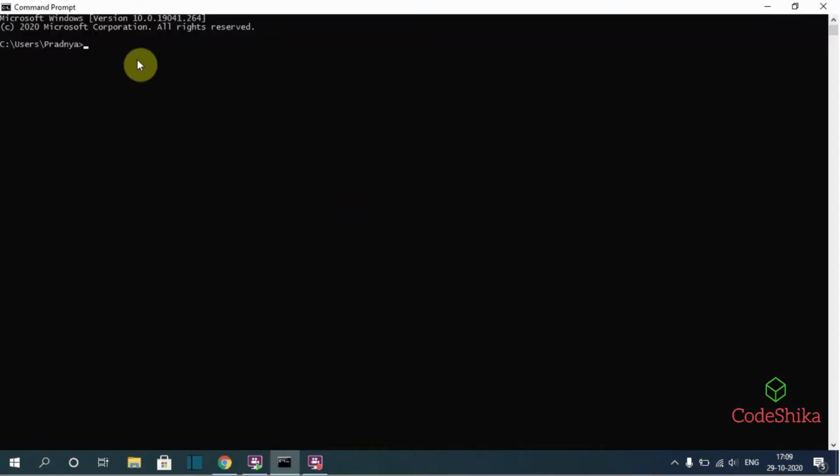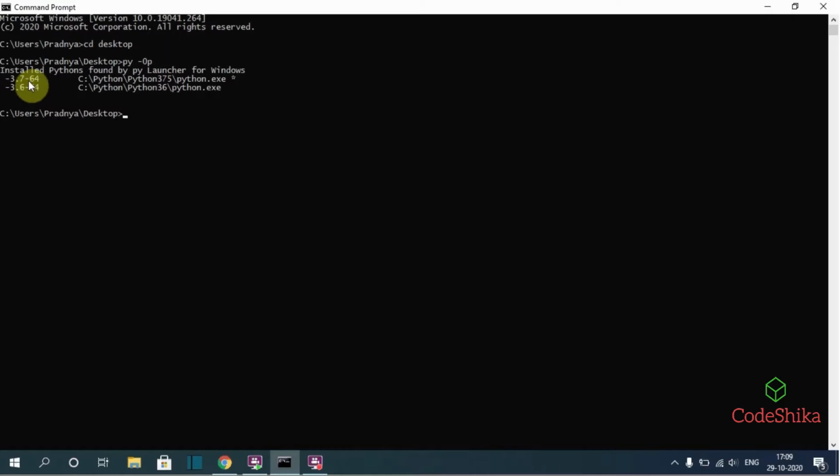Here first I will go to desktop, cd desktop, then I will create the virtual environment here. As I have multiple versions of Python installed on my system, I will first check different versions and their paths using the command py -0p. Okay, so this is showing versions and their paths. So I'm going to use Python version 3.7